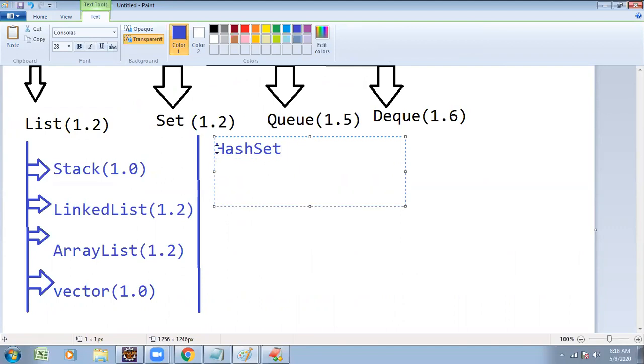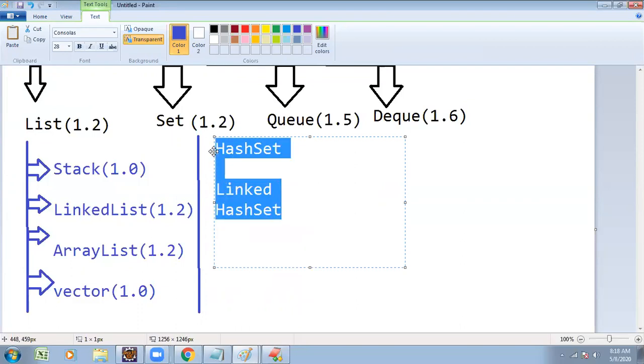Hash set, linked hash set. Linked hash set is one class name only.